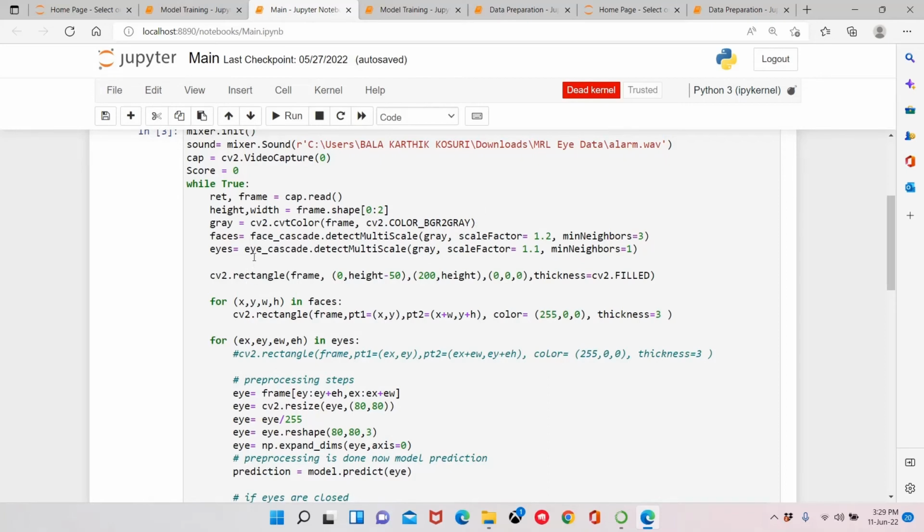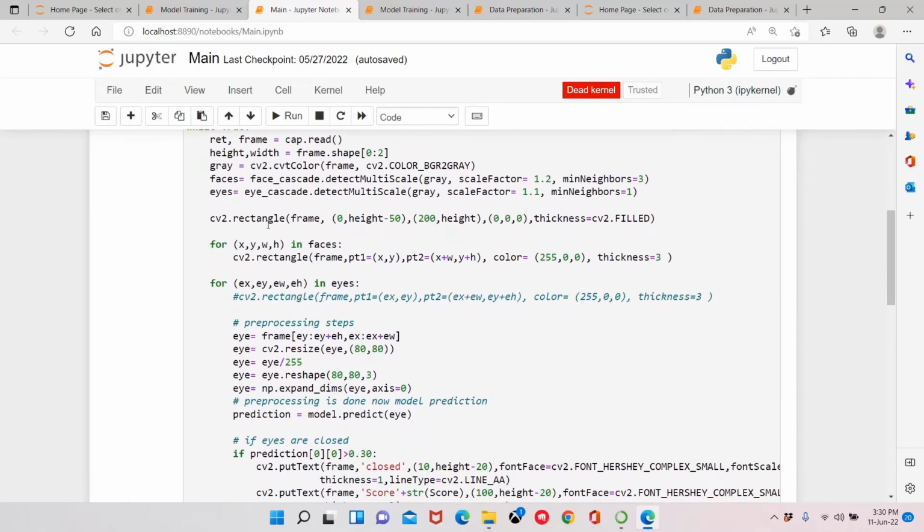So face_cascade.detectMultiScale is the function used for detecting the face in the gray image, and in a similar way it will detect the eyes. cv2.rectangle gives the length and breadth of the face frame.